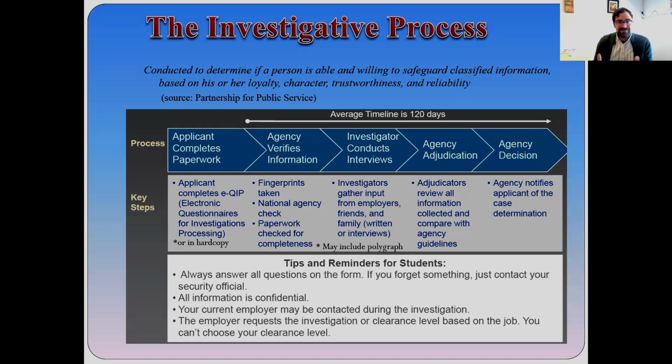So this is a very long process. I wouldn't say there are pitfalls that can happen. I would say more or less there are a bunch of different speed bumps that, depending on the grade of speed bump, could slow down the process. In terms of being able to secure those interviews, or make sure that your documents are filled out fully and without issue, all that kind of information can potentially